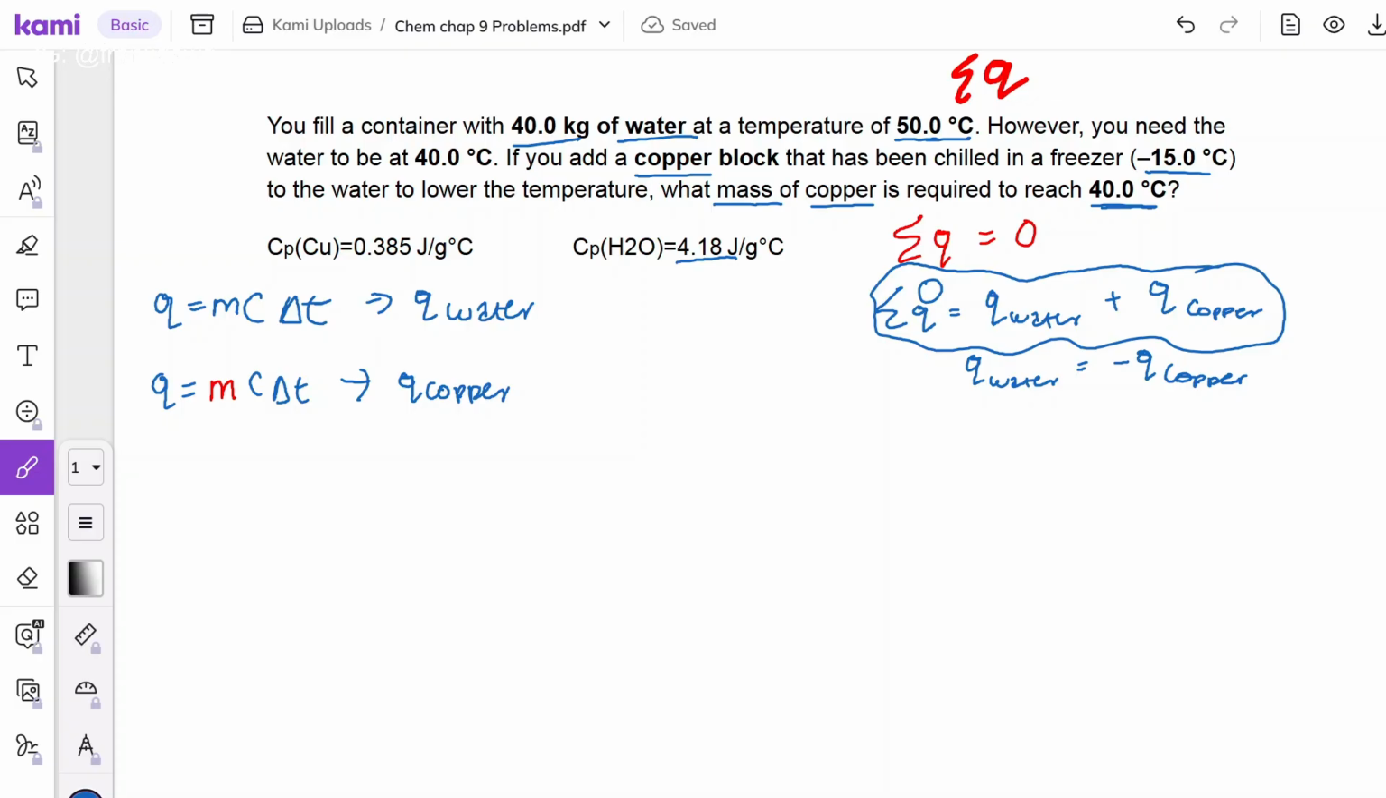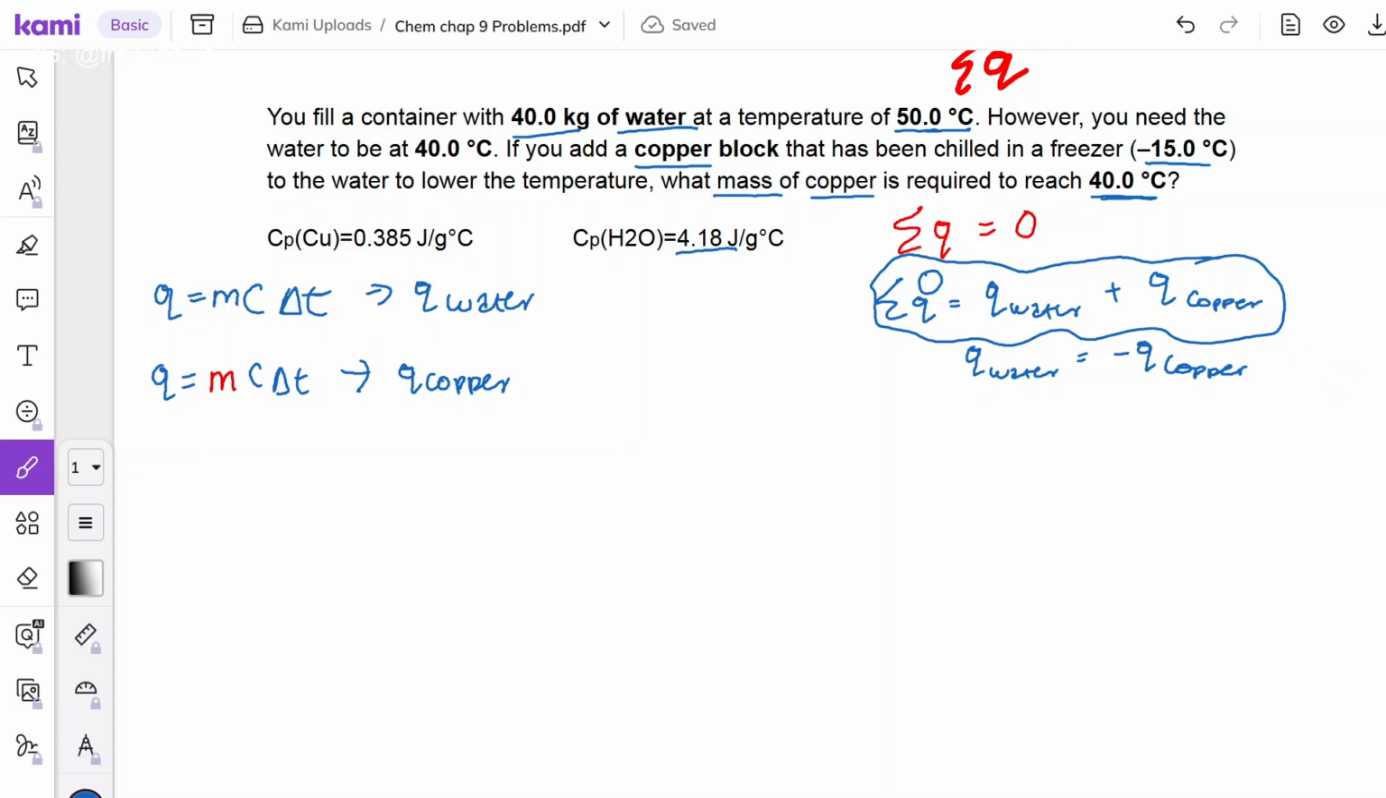So after we have the components and we know the equation we're supposed to use, we start filling in the blanks, and it's the Q of water plus the Q of copper, and we know the equations for both of them right here, and we start putting it in. So the Q of water, it's going to be 0 is equal to the Q of water is the mass, which is 40 kilograms. Remember, we use grams, so we have to convert 40 kilograms to grams. So what we do is just we multiply by 1,000, and it becomes 40,000 grams of water